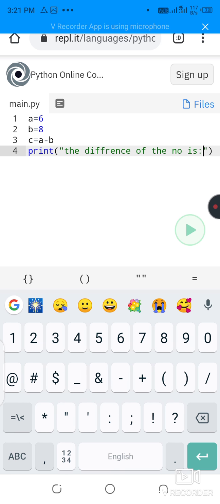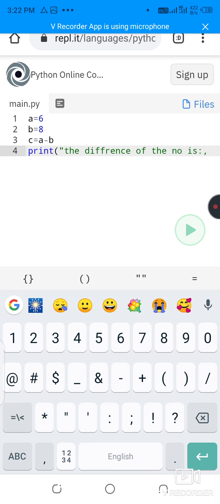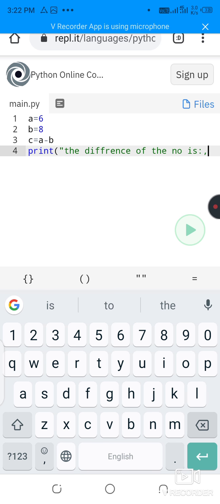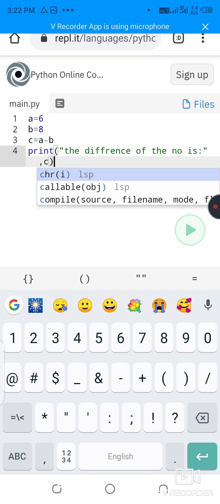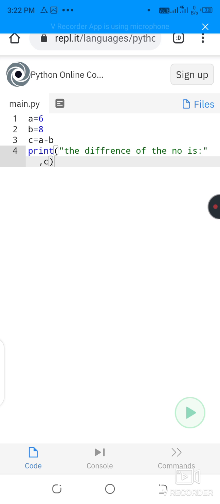Then you have to write this and comma, then we have to write this, and then comma, and we have to write C. Then close the bracket, and run. What is the output? The difference of the number is -2.